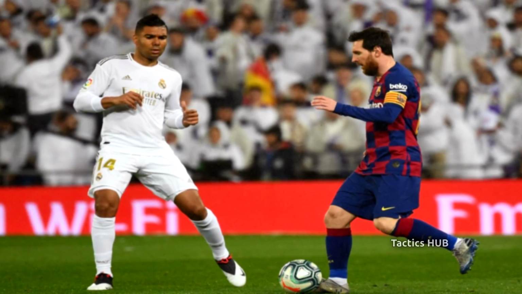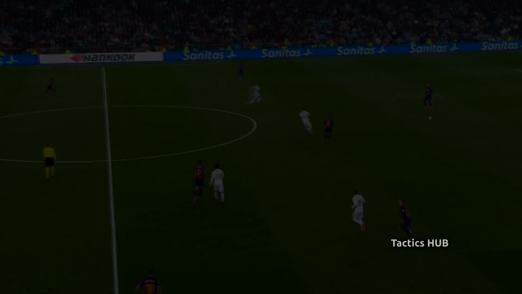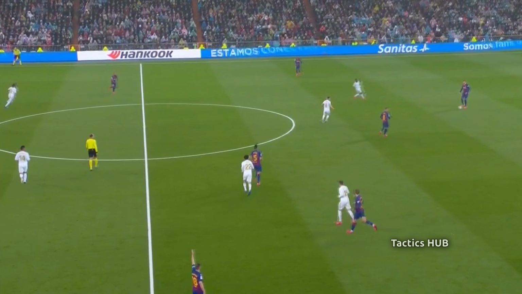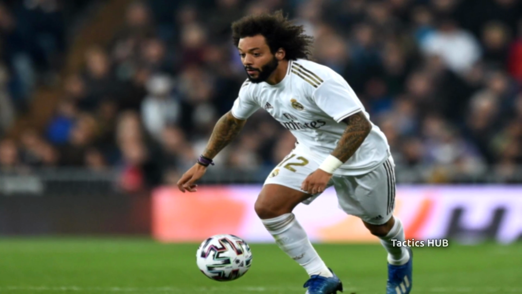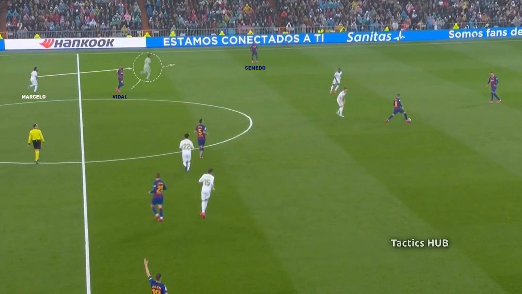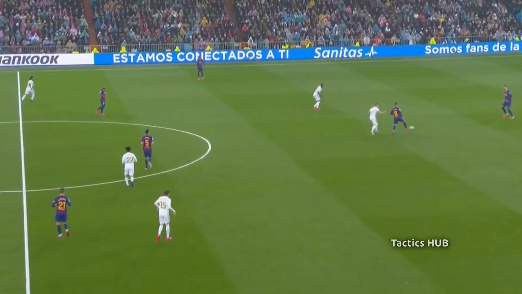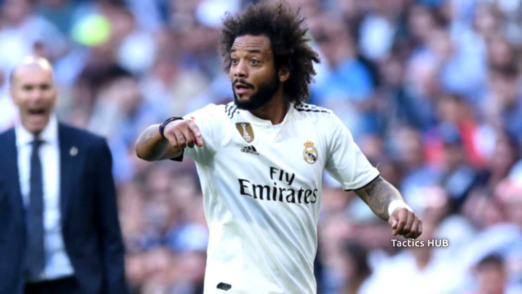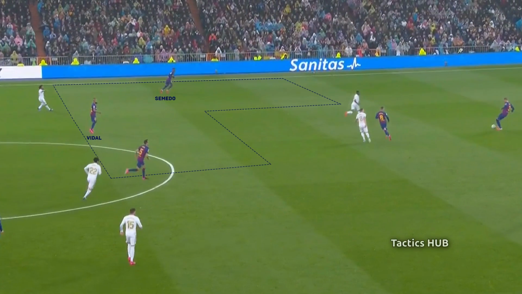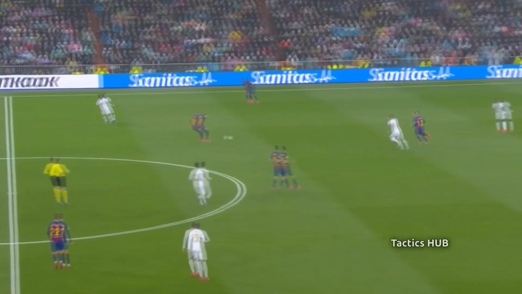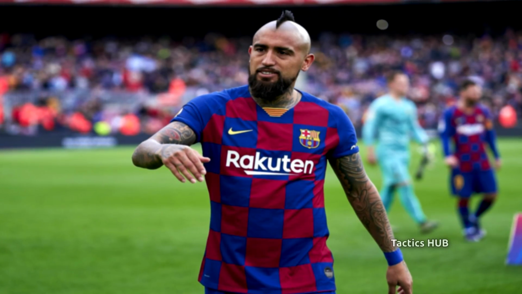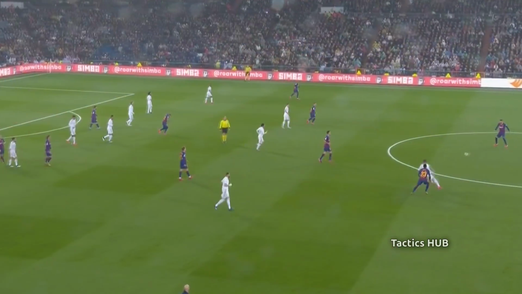Since Casemiro has to worry about Messi, Real Madrid have a huge gap behind the midfield line with no one to cover the space. And if Marcelo came up, he would simultaneously have to worry about Vidal being open inside and Semedo exploiting space by the sideline. This resulted in Marcelo leaving both players open, allowing Barcelona to exploit the huge gap without much trouble. Vidal's role was allowing Barcelona to advance their build-up play all the way to the final third.